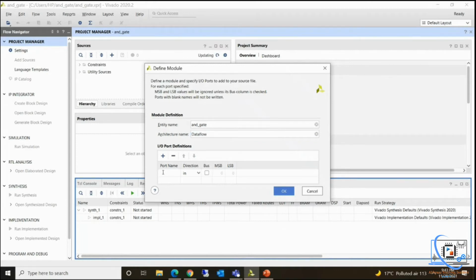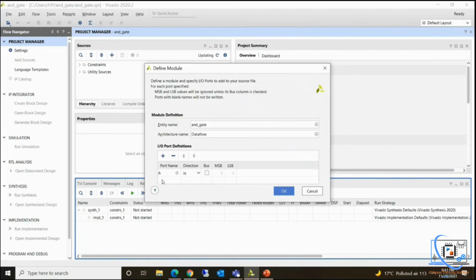So you can give like this also, A and input. And because it is only 1 bit, you don't have to click on this bus. If your input port is more than 1 bit, then you have to select bus and you have to define the bit width using this LSB and MSB. But here, this is only 1 bit, so I won't be selecting bus.